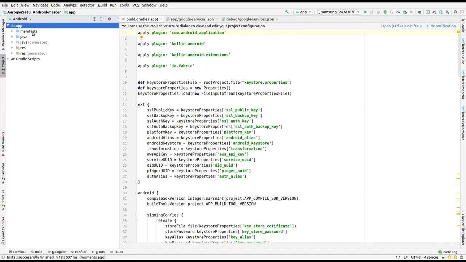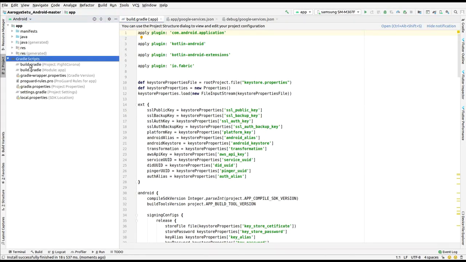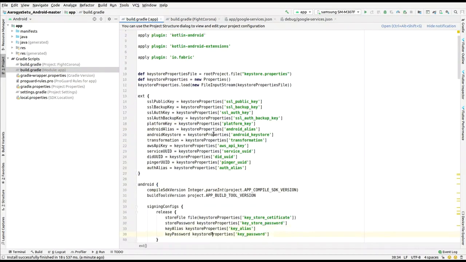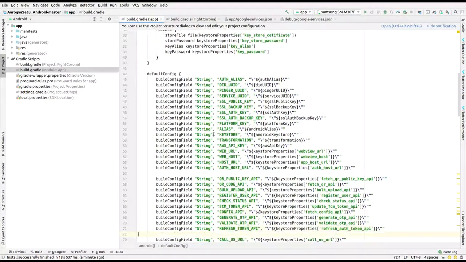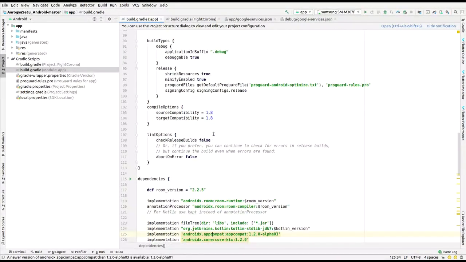So I have to go to that file, whose name is keystore, and in that keystore file I will see where we have to put all these things, and you have to correct it as I'm doing. And if you do this, then there will be no errors.